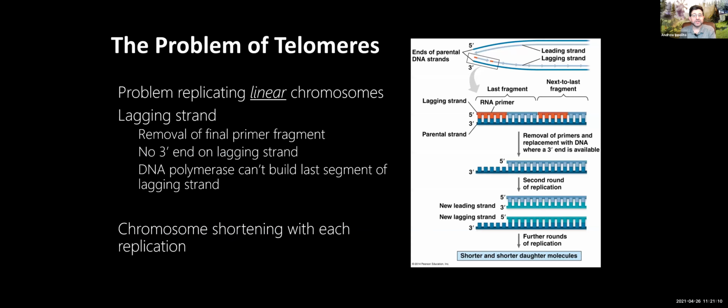Now telomeres, again very briefly. Telomeres are the ends of chromosomes, and they're really hard to duplicate. Conceptually, the idea is this: let's say this is the literal end of the chromosome. As the replication fork proceeds, the leading strand isn't going to have a problem. The leading strand can just go into the end. The lagging strand, though, let's separate that bottom strand out here.